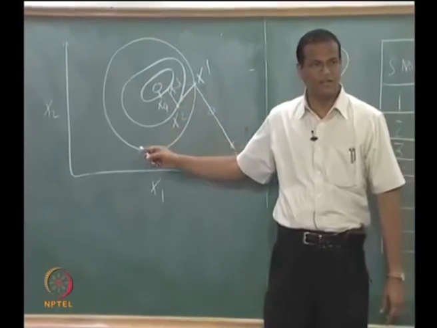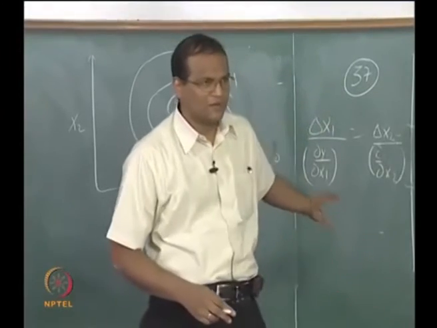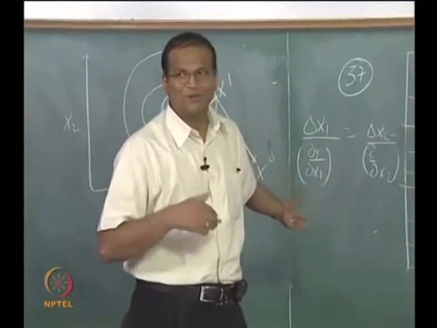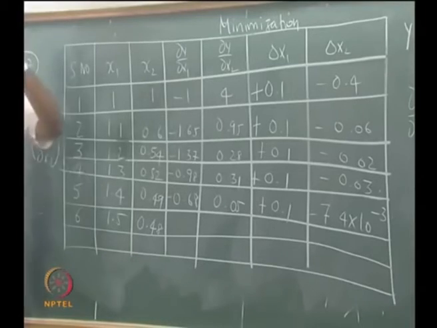That is called the conjugate gradient method. I am coming to it. That is called the Davidson-Fletcher-Powell method. How people have thought about it, okay. So that is an advanced version of this.